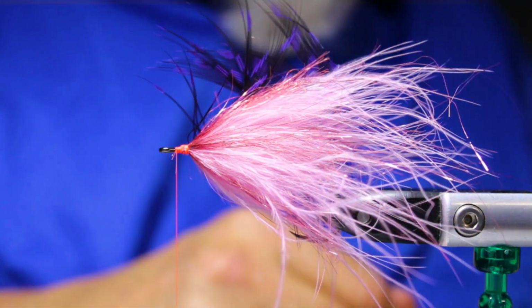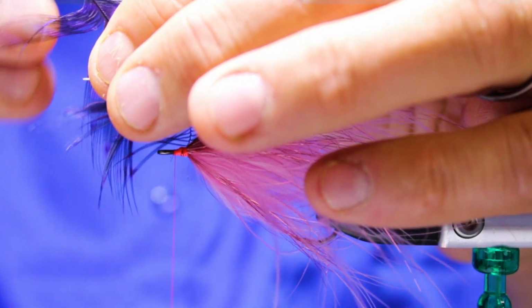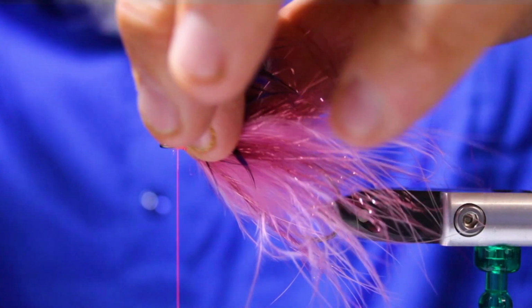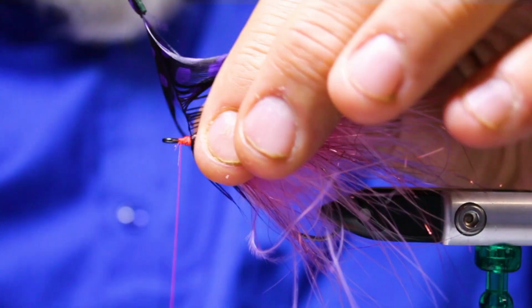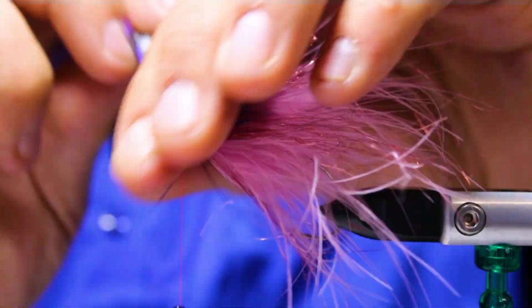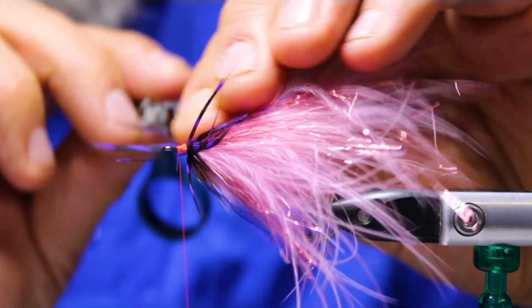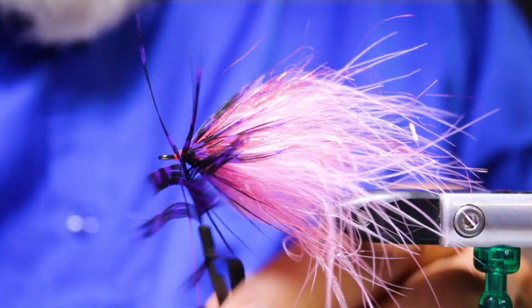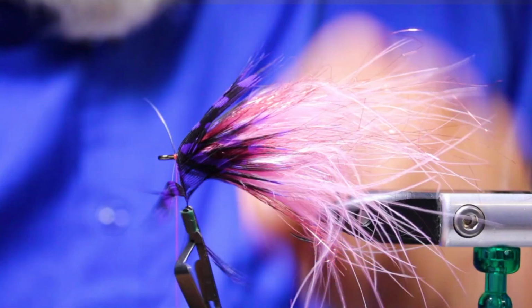And then I'll grab my hackle plier and the butt portion here, and just make sure that all my material is being stroked back every time I go around. Make sure that's all laying backwards. And I think I'll do one more. Don't want to overdress this, but